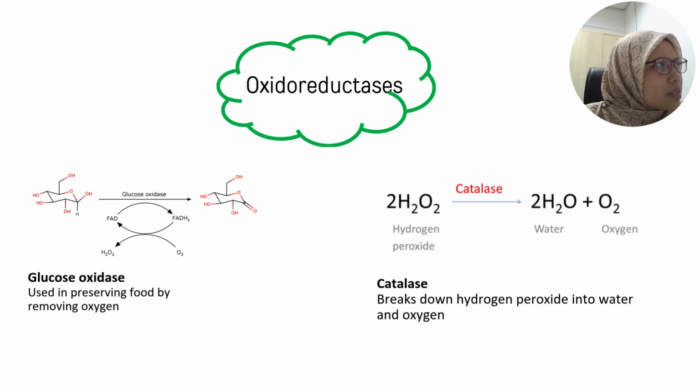Okay, so the examples for oxidoreductase, we have glucose oxidase. So this glucose oxidase will be used in preserving food by removing oxygen. So reduction,